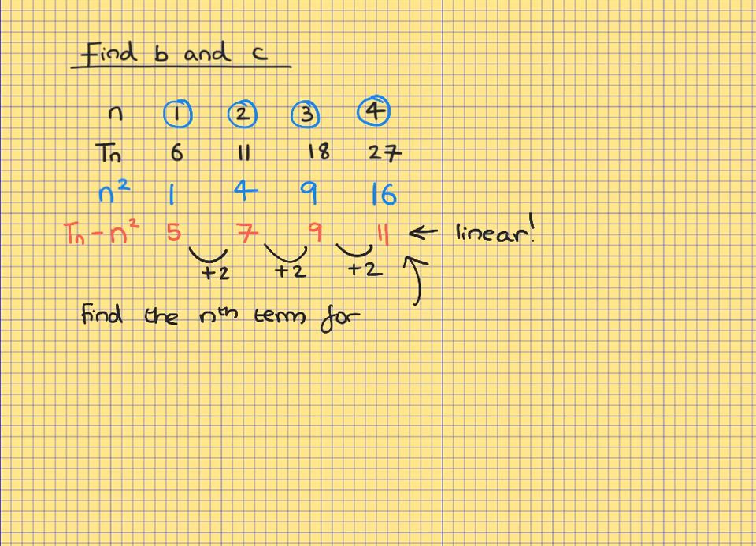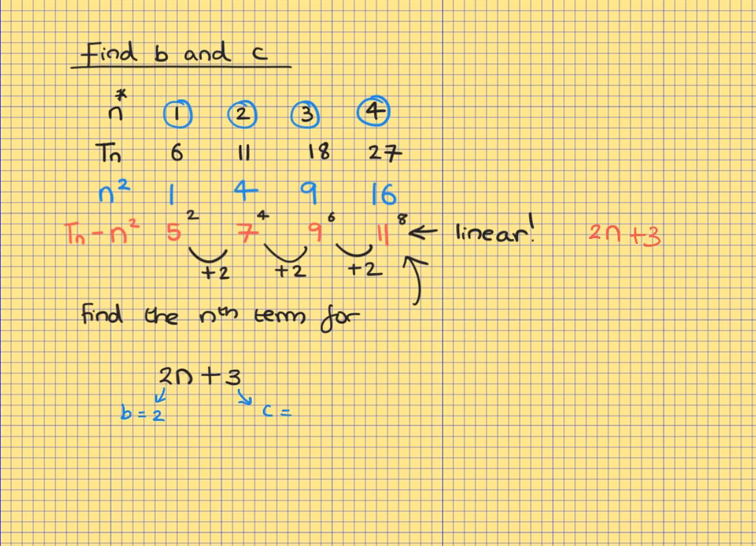We know it's based on the 2 times table, so it starts off with a 2n. 2 times 1 is equal to 2. 2 times 2 is equal to 4. 2 times 3 is equal to 6. 2 times 4 is equal to 8, using these n values up here. And we can see that the adjustment that we have to make very quickly is plus 3. So the nth term for this part is 2n plus 3, which tells us that b is equal to 2